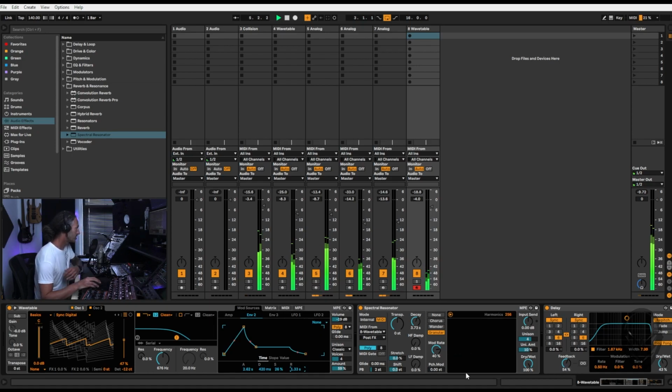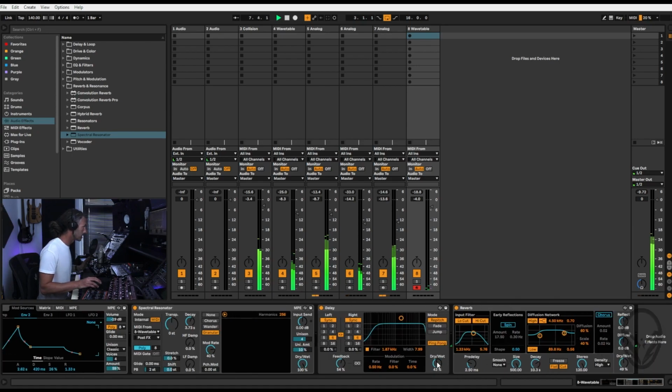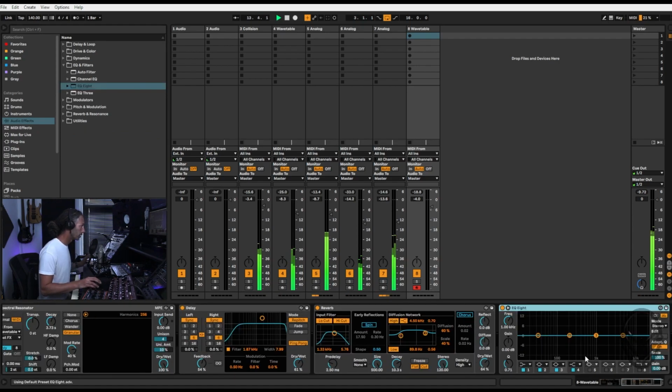Nice. So there's too much of the original sound there, so I want to turn up the dry/wet on both of these, and I might even grab an EQ Eight just so that we can sort out any problems. I'm going to put it after everything, and then we can just cut a few bits here. I think we're going to be around